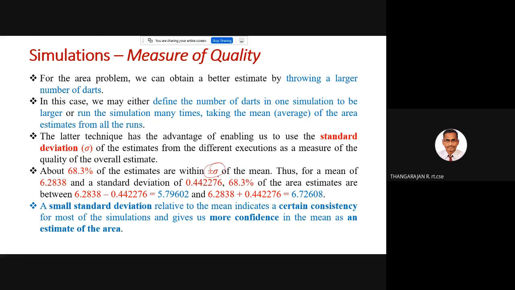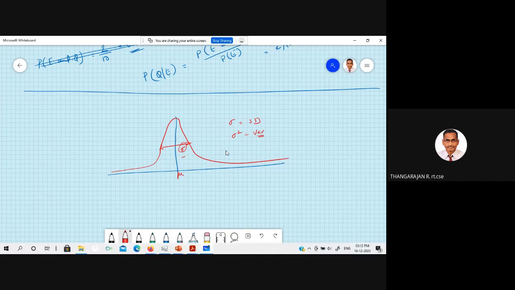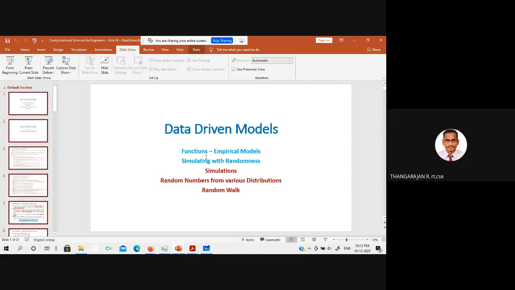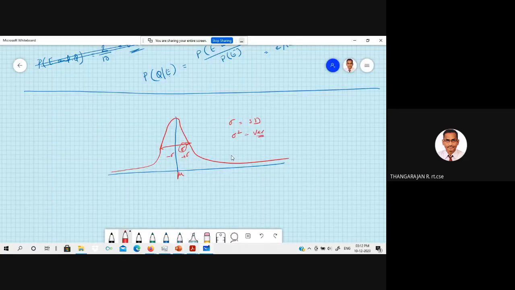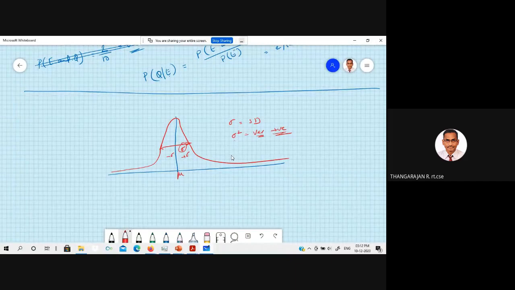So standard deviation can be either plus or minus. You can see here, here it is plus sigma, here it is minus sigma, so it can be both ways. Standard deviation can be positive or negative, but variance is the square of standard deviation, so it is always positive. Okay. Now,